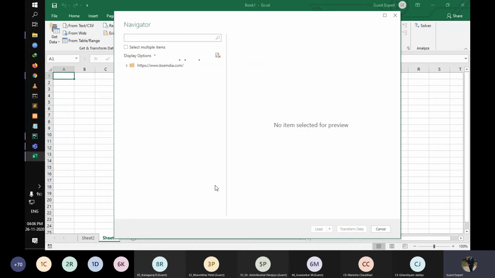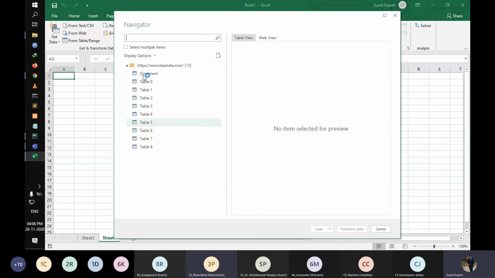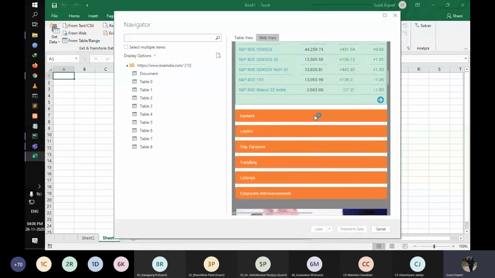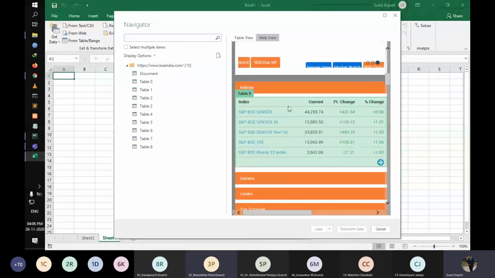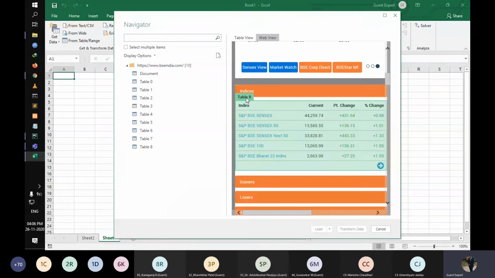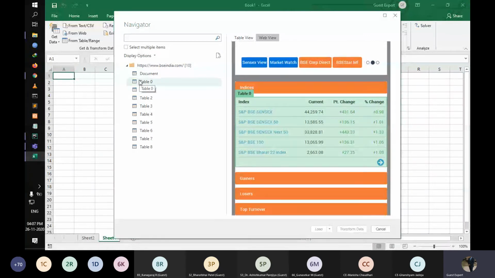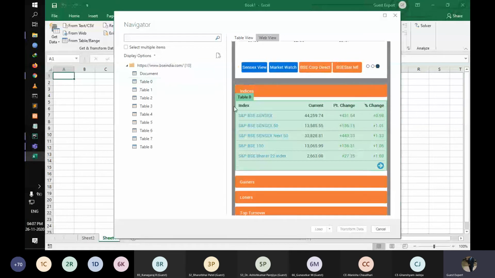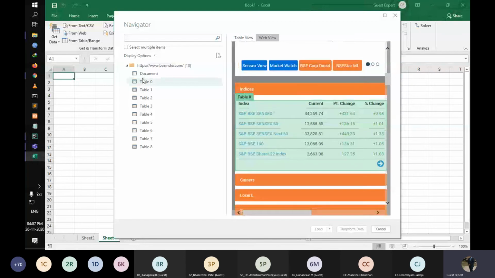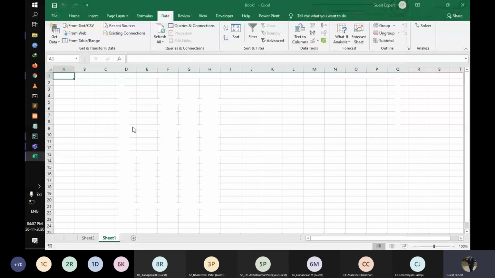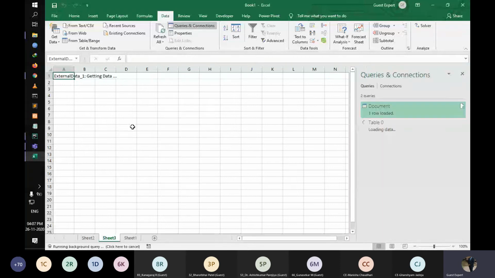Sir, in 2013, they show it differently. Yes. Right now they show all the tables. But when we are talking about 2013, right now this is in web view. You are looking like this, and you are here. This is table 0. So right now you cannot see table 0, but you have to see a checkbox over here. You just click the checkbox. You select the whole table over here. Just like I'm selecting the table, because that's the advanced version 2019. They are doing lots of changes. So right now you are fetching with a checkbox over here, but right now they show the table as well. So I'm selecting table 0 and I load the table, and it is getting the BSE-like data over here.